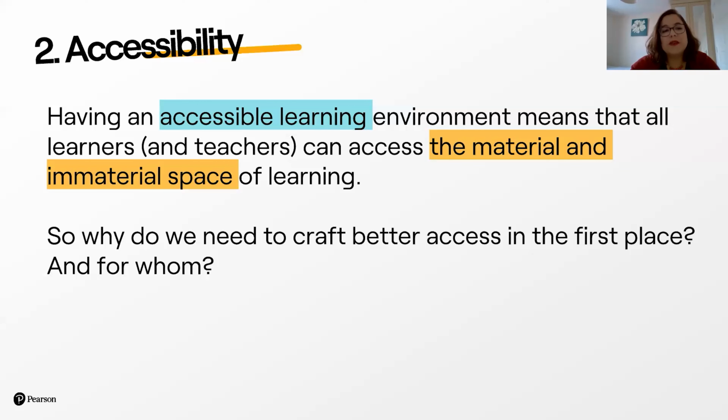From the examples you've shared with me, we talked about access to technology, for example, being able to access the language level or understand the level of the language. So that would be the material space of learning. It is something that is physical, something that we can identify and work with. However, the immaterial space of learning is these other dimensions that you can't really pinpoint, but are also isolating and exclude a lot of students. And we talked about these immaterial spaces in the examples that you shared with me.